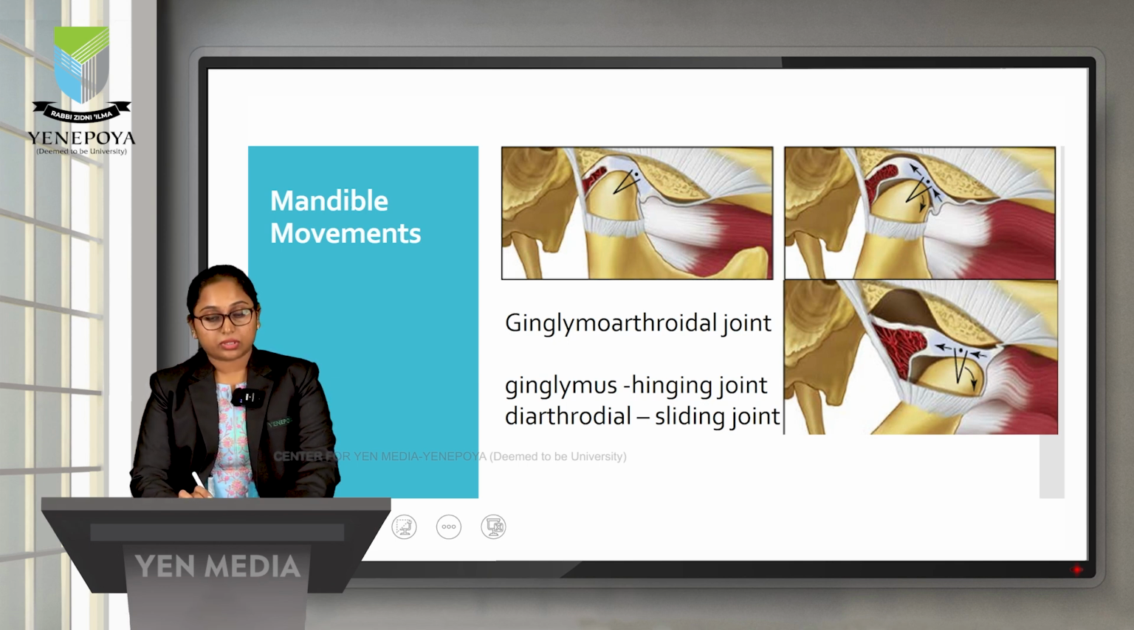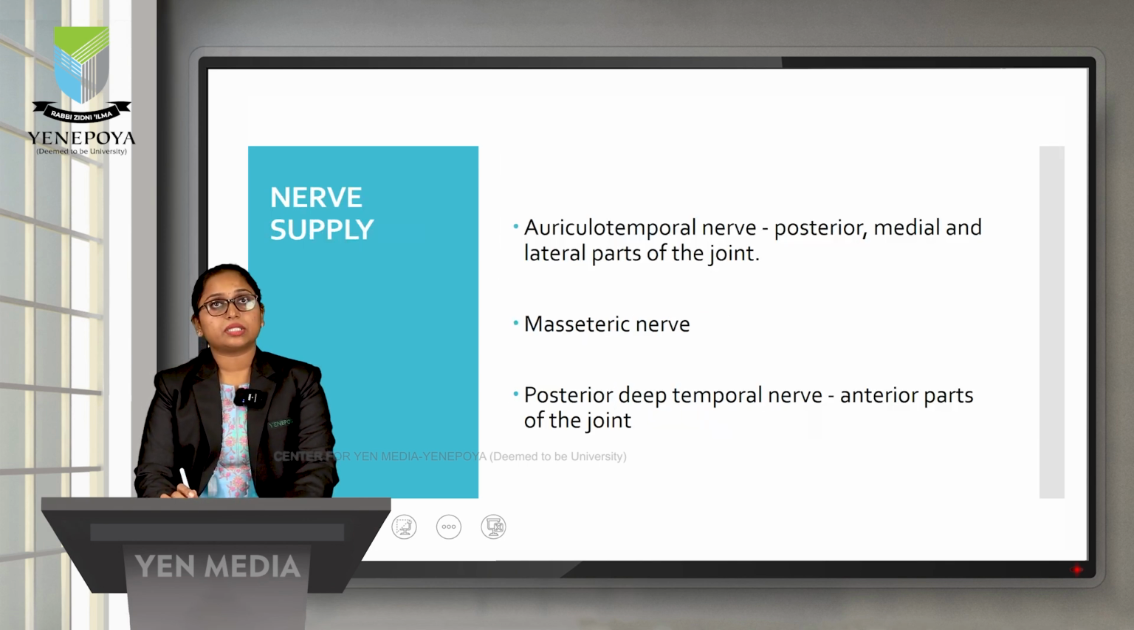That is why it is called a ginglymoarthrodial joint. Ginglymus means hinging joint and arthrodial means sliding joint. The hinging movement happens in the lower joint cavity, whereas the sliding or translation movement happens in the upper joint cavity. Coming to the nerve supply, the main nerve supply is the auriculotemporal nerve, masseteric nerve and the